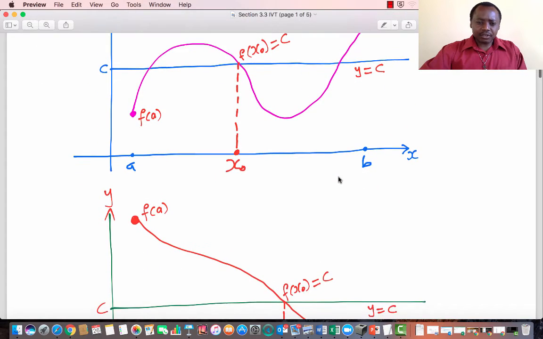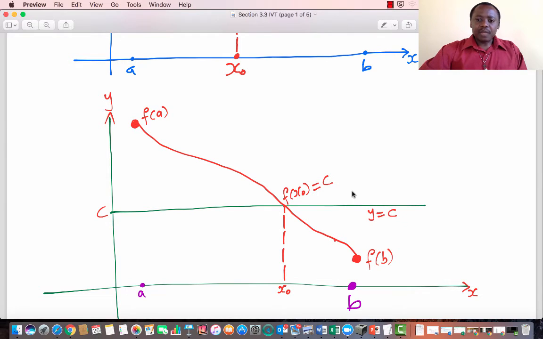Now, let's look at the second scenario. Here we have f of b less than c, which is less than f of a. Again, we can always find an x naught between a and b such that f of x naught equals c. Or we can say such that the graph of the continuous function on the closed bounded interval [a, b] intersects the line y equals c. Now that we have the geometric pictures, I want us to go ahead and give you